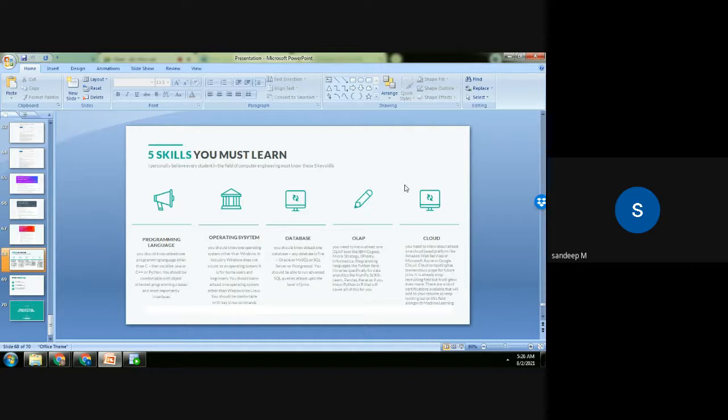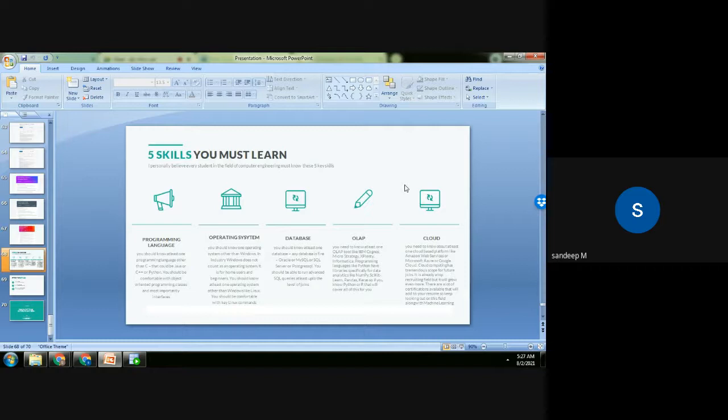So first of all, you need a programming language. This programming language is apart from C. So C doesn't count. C is a very good language, but you need object-oriented programming. So you need to know one language other than C, and that can be C++. It could be Python. It could be JavaScript. Anything, but preferably Python. Python is a very in-demand programming language. But this is not for this semester. This is by the time you graduate, by the time you pass out of university, when you're searching for jobs. These are the 5 skills that you should absolutely be having. So first of all, you should be knowing one programming language other than C.